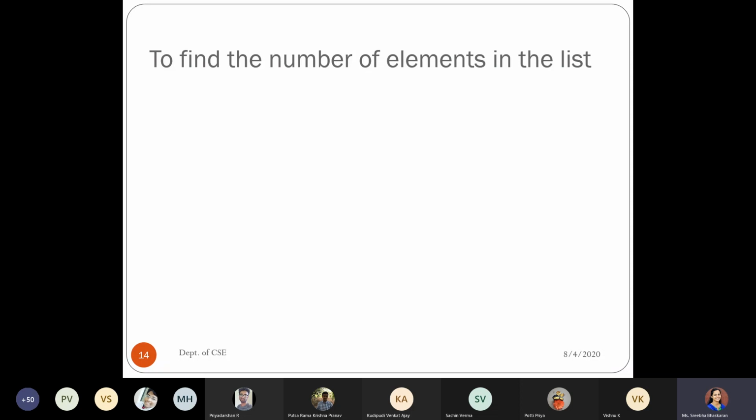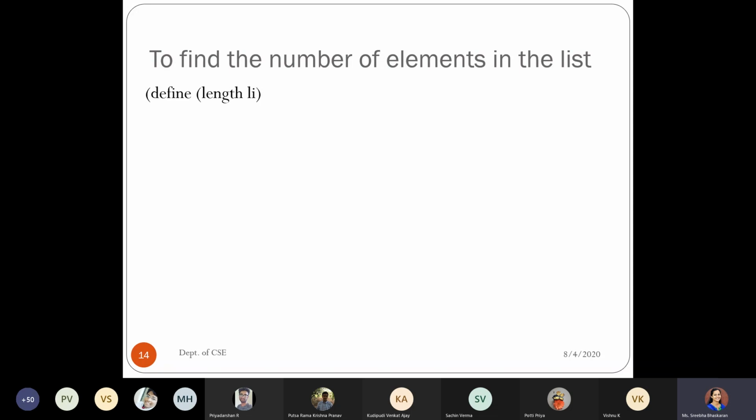Whenever we say it is a list, by default we are going to have a nil attached with it so that we can identify how many contents we have in it. So the first thing is finding how many elements you are having in this procedure. It is like finding the length of your array elements.